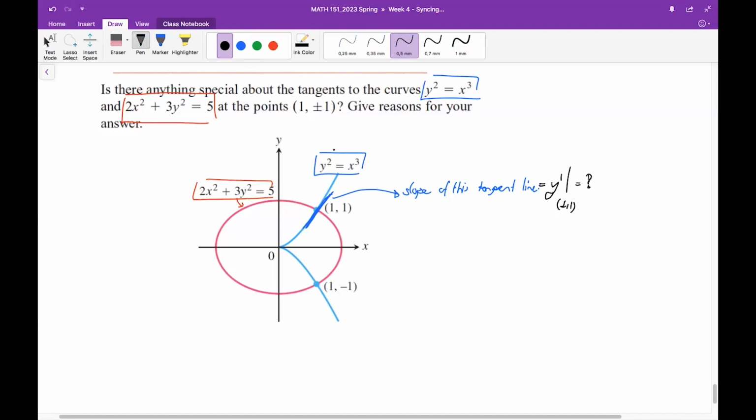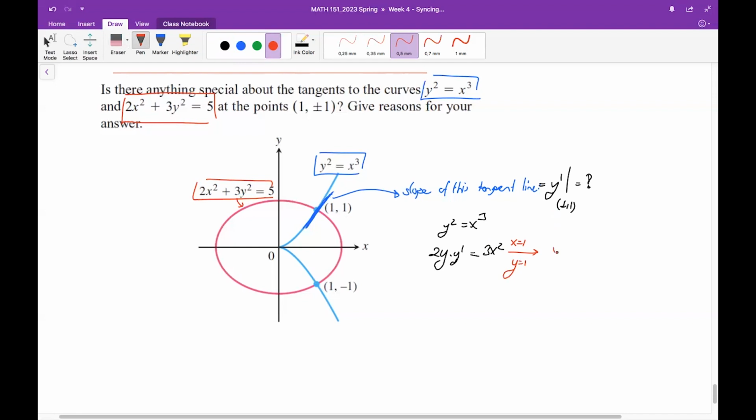The equation for the curve is given implicitly. Let's use implicit differentiation to find y prime here. Take the derivative of both sides with respect to x. I take the power down and multiply by the derivative of the inside part, and the right-hand side is differentiated like this. Then you insert the given point, x equals 1 and y equals 1, to find the slope of the tangent line drawn to your curve at this point.